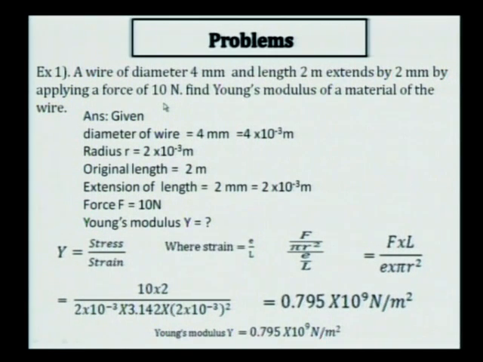Sometimes the question may be asked in which weight will be given, or sometimes mass will be given. If mass is given, suppose 5 kg or 2 kg, then m is given and you have to multiply by g. M into g, where g is 9.81 meter per second square. Then you will get force. Force is nothing but weight, and weight is nothing but m into g. But in this numerical, a direct 10 Newton force is given. Therefore, we can write F into L divided by elongation into pi r square area, and you can find the